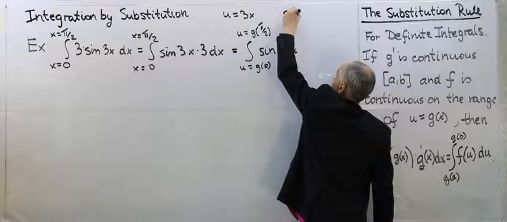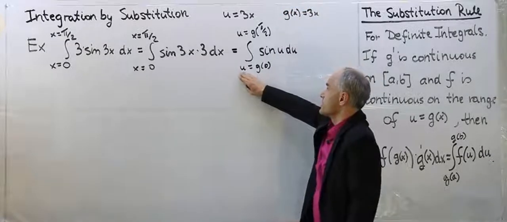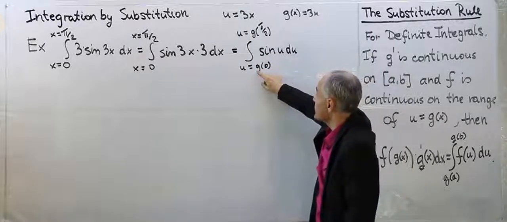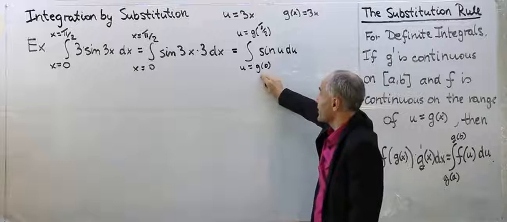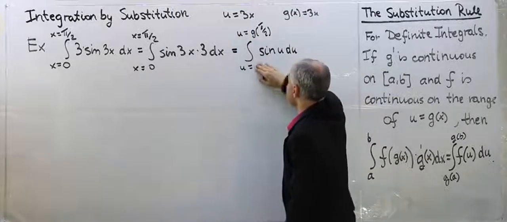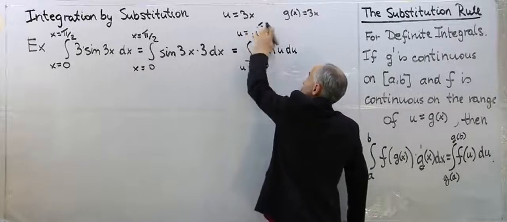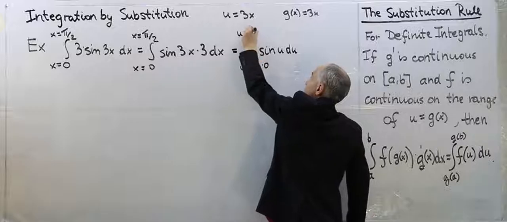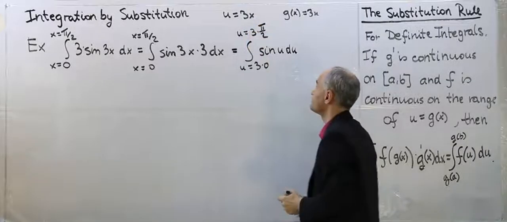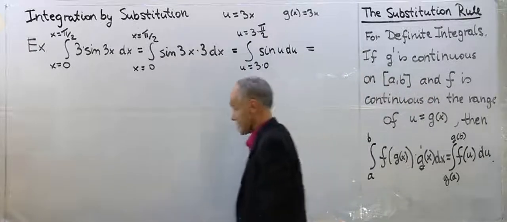So g of x here is equal to 3x. So if I don't want to write what g is, I need to evaluate what is u when x is 0, right? So u is equal to 3 times 0 to 3 times pi divided by 2. So now we get